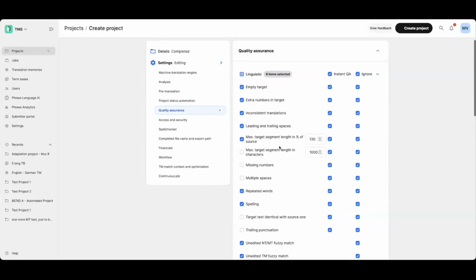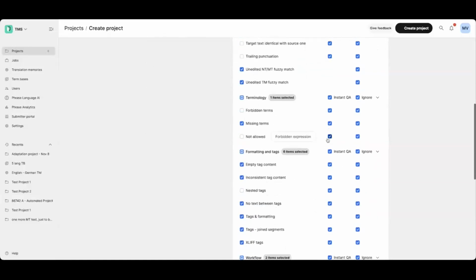So I want to specify that the translation should have no more than 130% of length than the original length of the translation. And you can also set it up so that the linguist can ignore them in case there are false positives. But this is something that you should discuss with your linguist team to determine what particular QA settings might work best for you. You can also specify